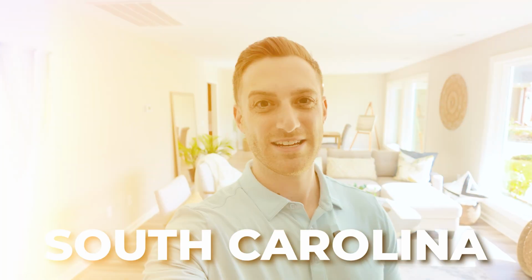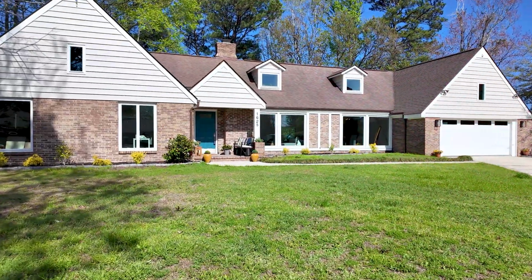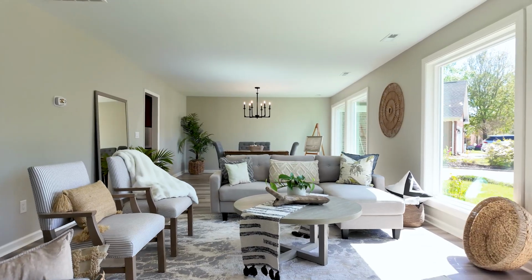If you're thinking about moving to Myrtle Beach, South Carolina, and you're looking for a home that's a little bit unique, or maybe a lot of bit unique, and has a ton of windows letting in a bunch of natural light, making it feel bright and airy, then you're gonna wanna stick around because today I am showing you that you can get just that for under